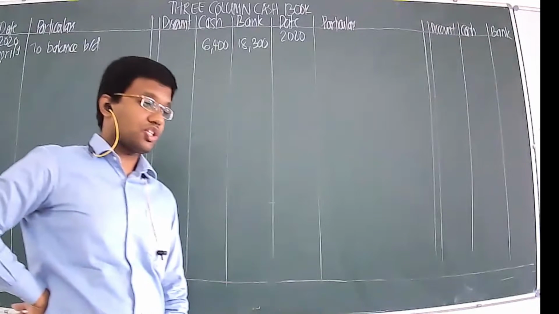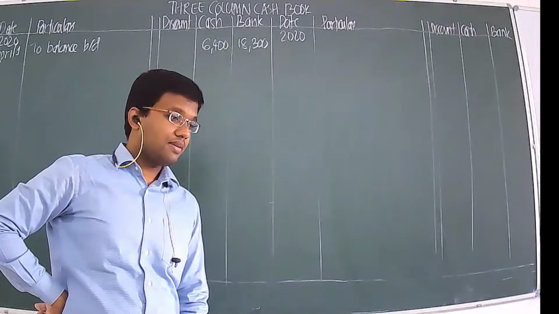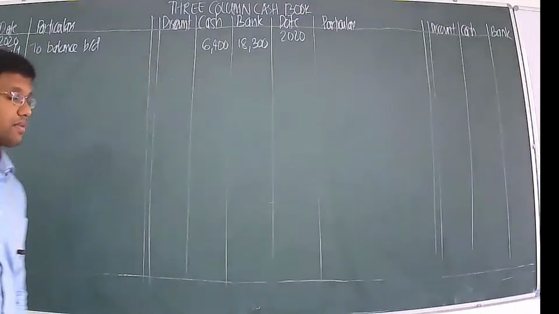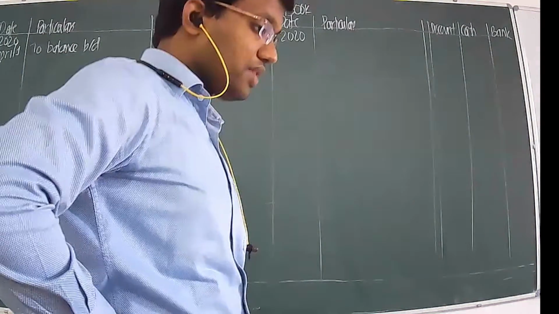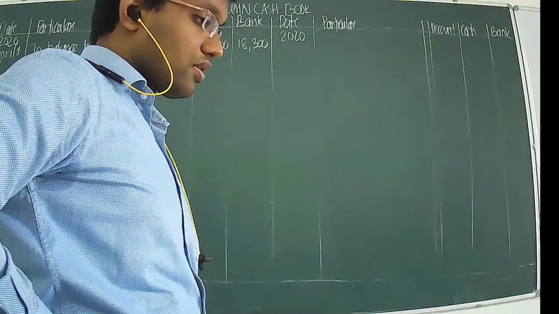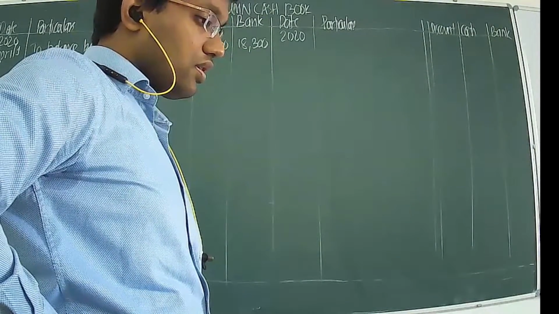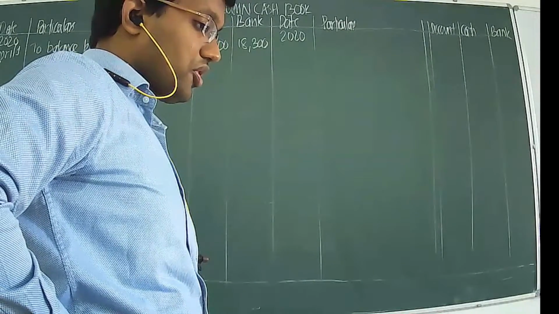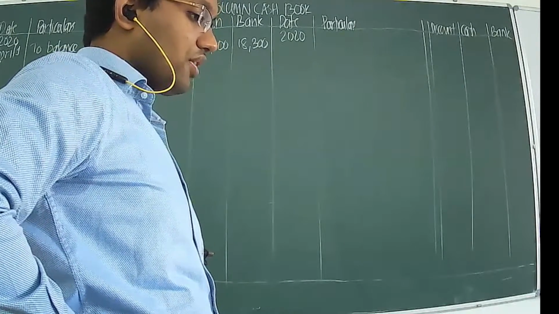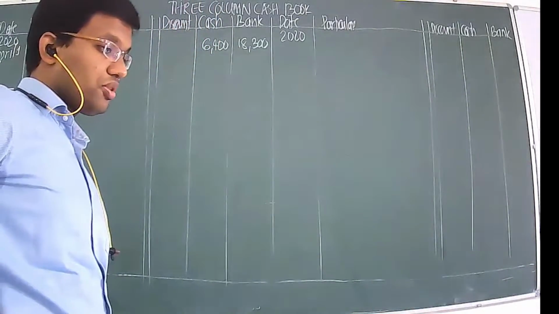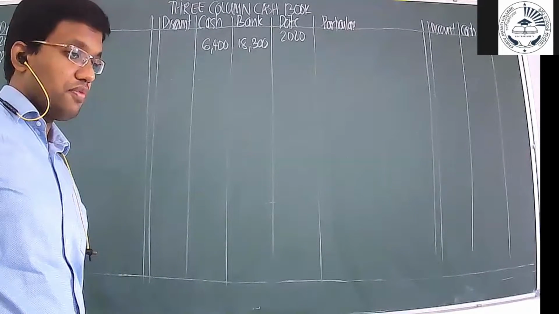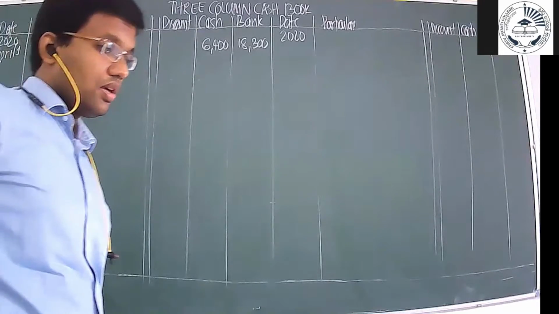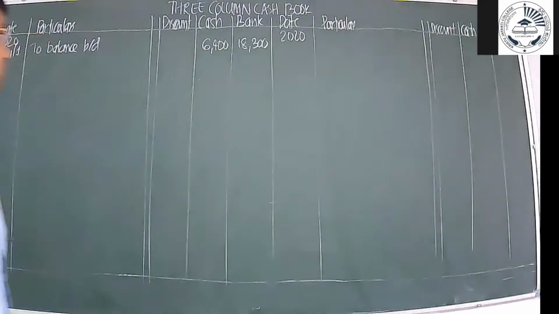Now let's look at the next transaction. Sir, can we have the next person? Ananya? Okay, thank you, sir. Ananya, can you share with us what is the transaction? Ananya, unfortunately, you're not audible to us. Can you please try that once again? Okay, Ananya, unfortunately, we are not able to hear you. I request you to be on the line. In the meanwhile, is there anyone else who would like to try this transaction? If you would like to, you can raise your hand. Okay, we have Yasmin. Sir, can you unmute Yasmin?